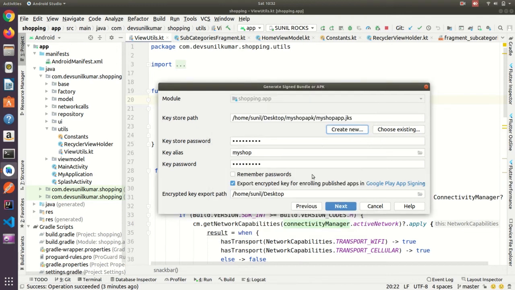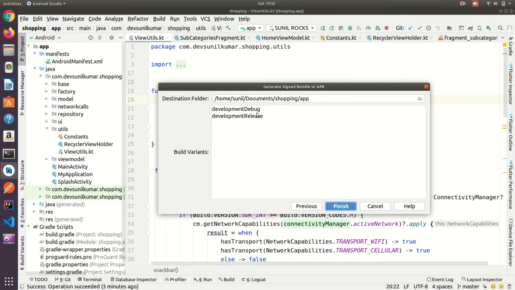If everything is fine, it will come to this page, and you can see this got filled automatically. This file I have just created, my shop.jks, and the password also came here. The key alias was key0, so I have written my shop. If you want to remember your password, you can check this. Go to Next.